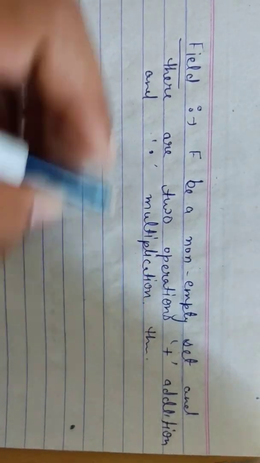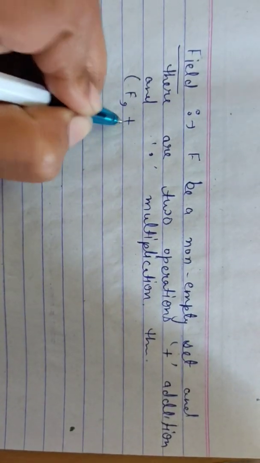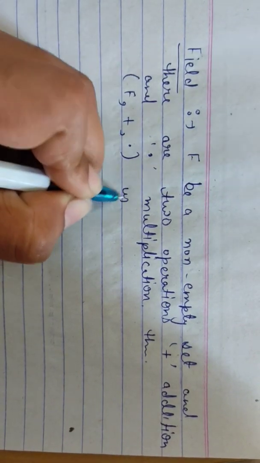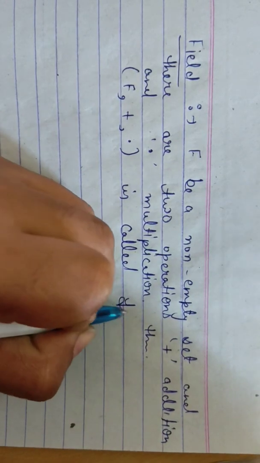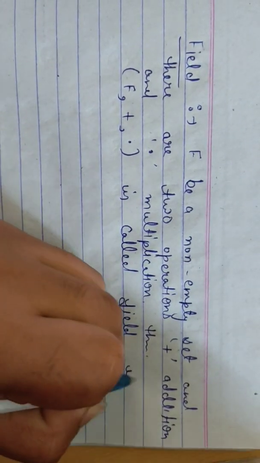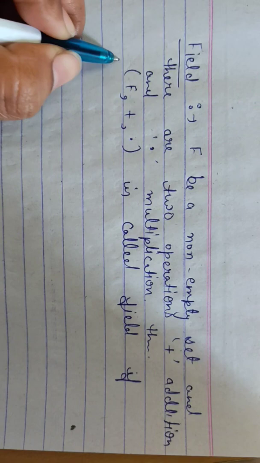Then (F, +, ·) is called a field if it satisfies